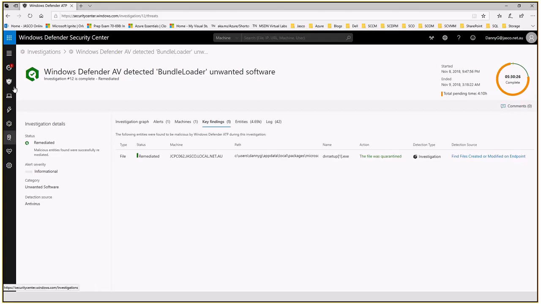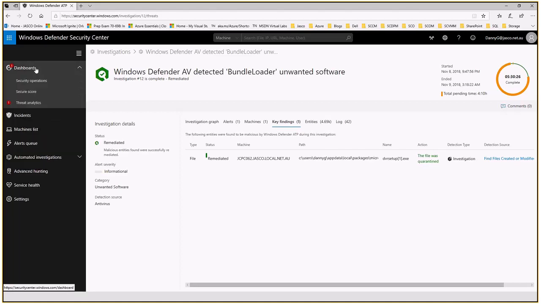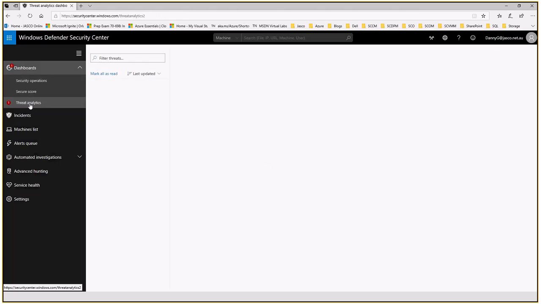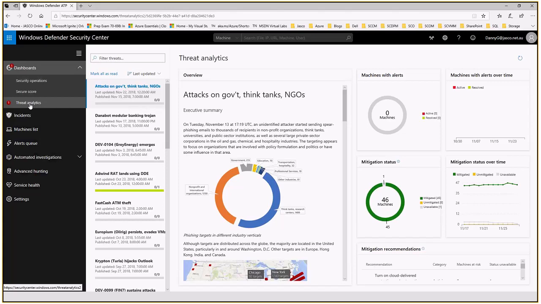And the other bit that I wanted to quickly show you was around the threat analytics side here. So this is valuable. I might be jumping the gun here a little bit, but I'll show you this now. The threat analytics component is where we have a lot of information coming from third-party sources. In the past, we might get these via email or via boards that we subscribe to, RSS feeds, whatever, so that we can see, hey, here's an exploit that attacks Windows 10, or attacks the government, or attacks this website. Read about it in the news,